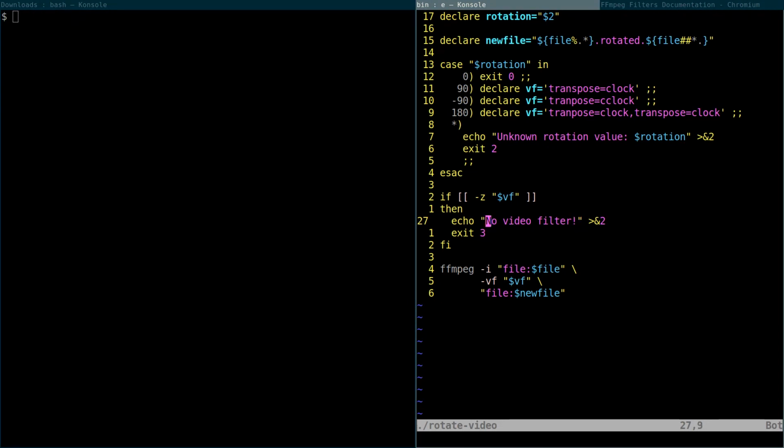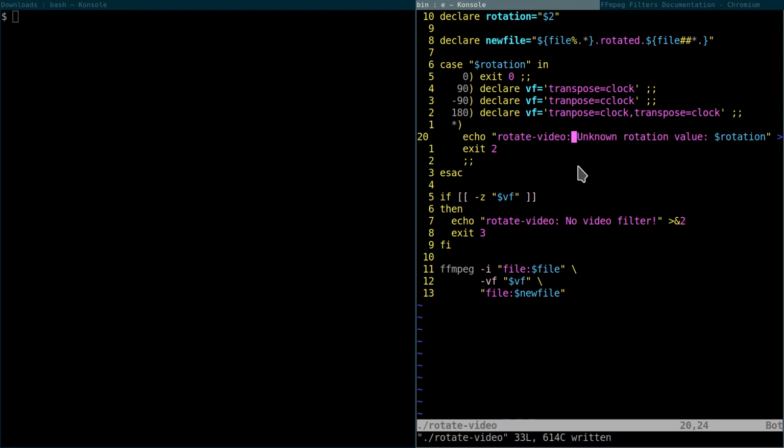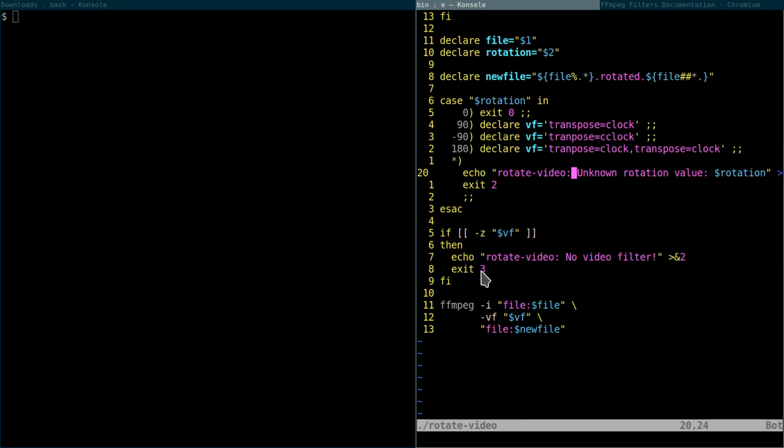In fact, let's just make it extra clear. Rotate video, no video filter, and do the same thing there. There we go. So now we can see where these errors have come from. So we're going to know that this is not an error that came from FFmpeg. This is something that came from our script, and so might not be that difficult to debug,